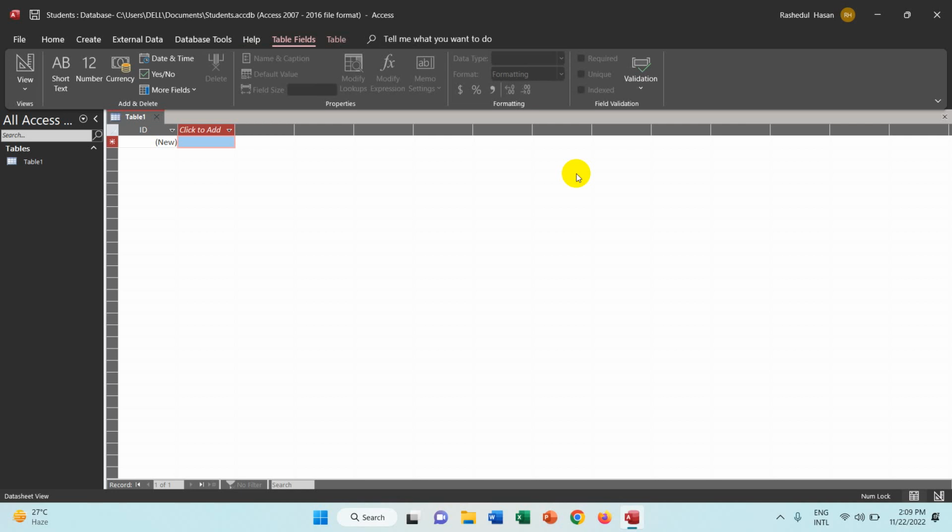So in the database, we have to create multiple tables. Okay, so here we don't have any table, so you can see table 1, but what we have to do, we have to click on here. We have two views. One is datasheet view, another one is design view. From the design view, now give the name. Say for example, I'm giving the name person,